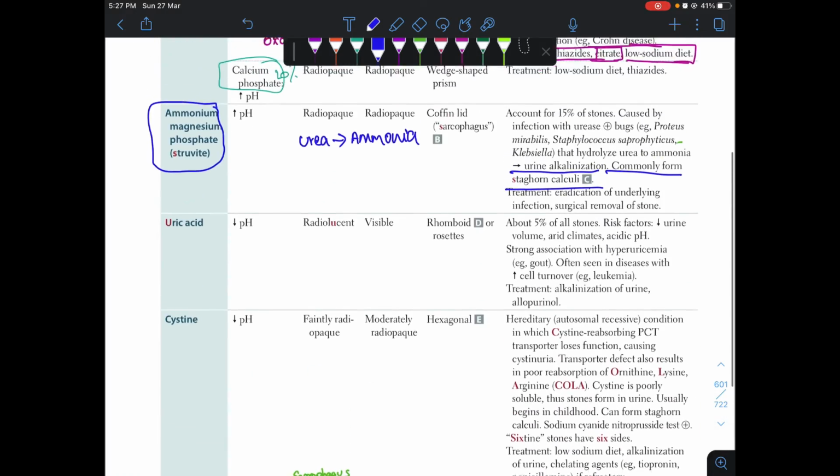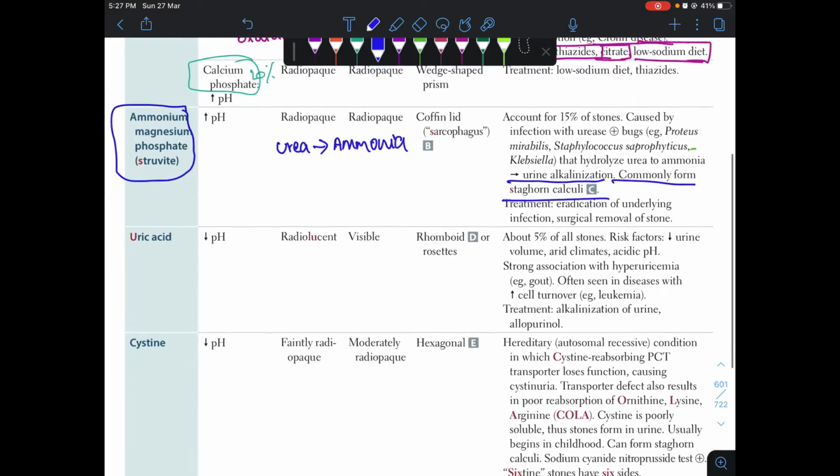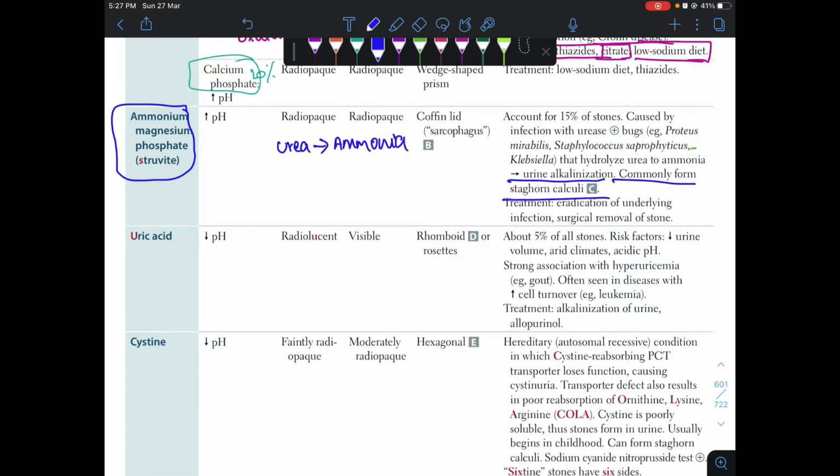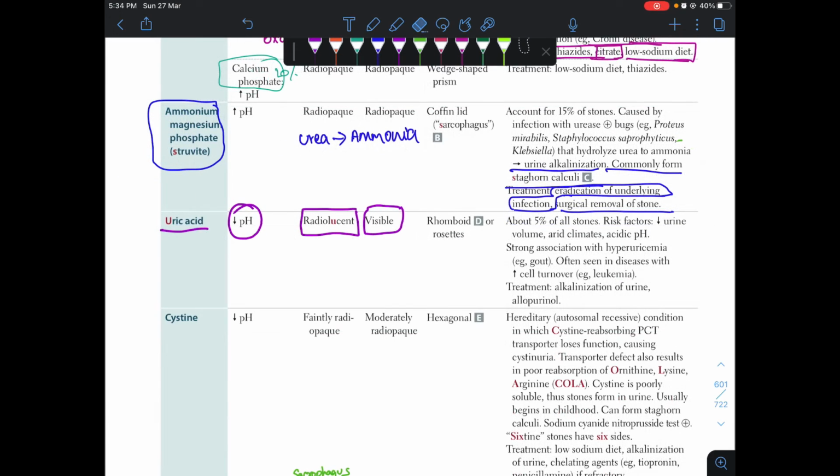Struvite stones caused by ammonium magnesium phosphate should be surgically removed, and the underlying cause should be treated, that is, eradicate the bugs causing this condition. Uric acid stones make up about 5%, and the risk factors include decreased urine volume, like